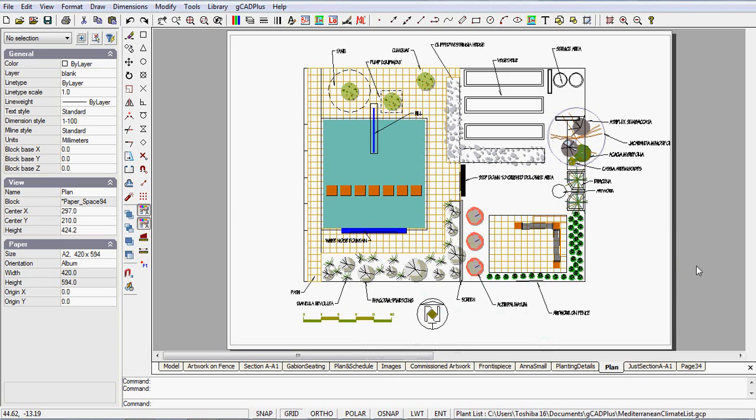You may well want to use your plan from gCADPlus in other software such as Photoshop. Photoshop could be used to put a gradient behind the image and generally speaking pretty things up, and maybe copy in some other images. If you make a layout with its white background and export from here, use the Export Raster tool from here, you'll have a plan with a white background, which is quite handy in, say, the